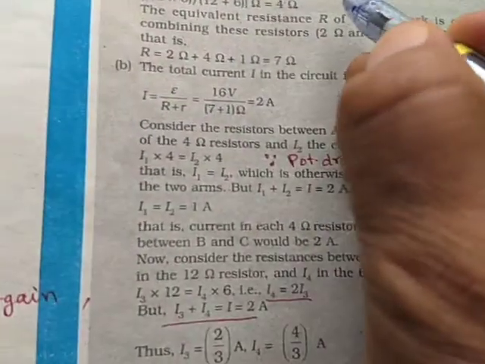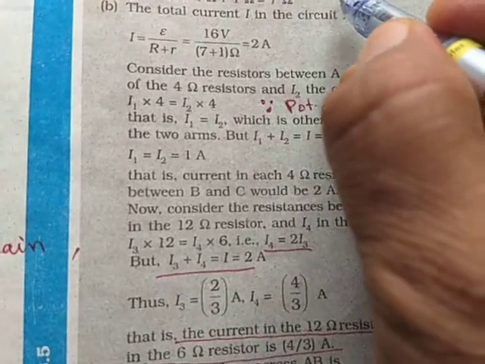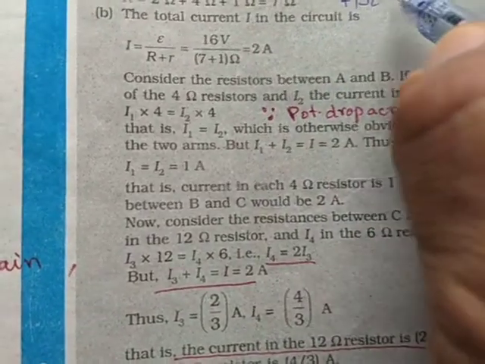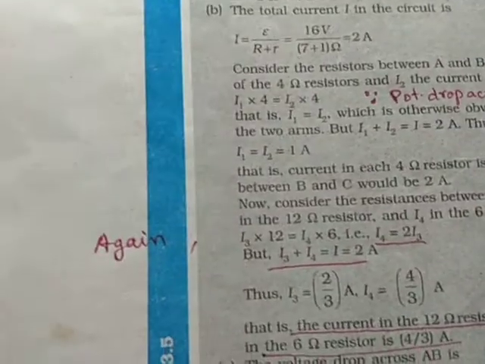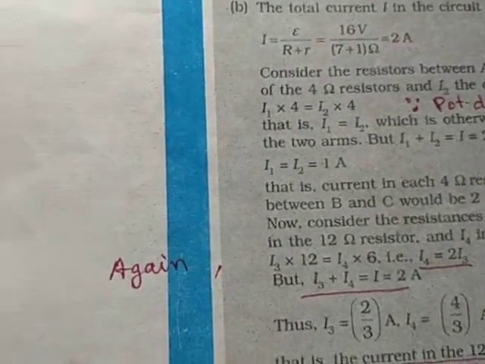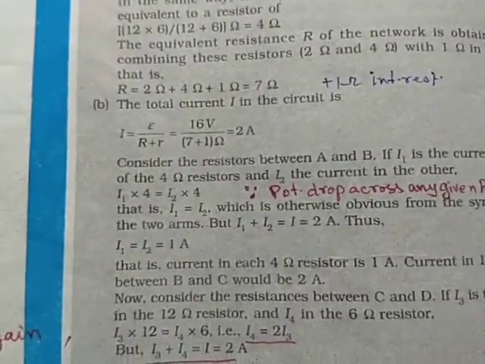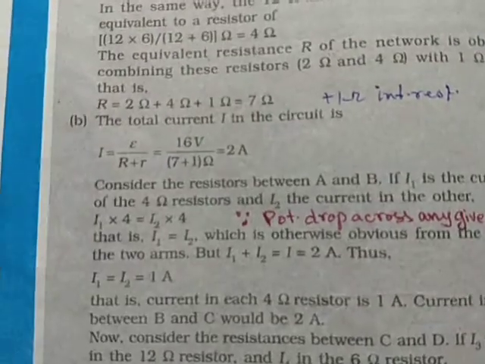So the total resistance becomes 8 ohm equivalently, and then 16 volt supply divided by 8 ohm becomes